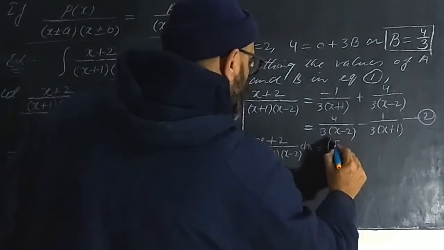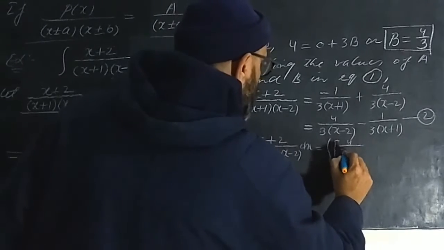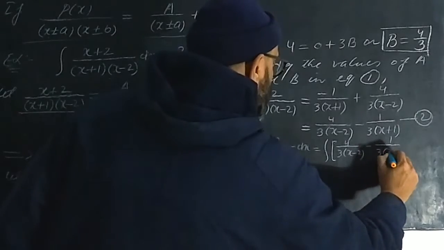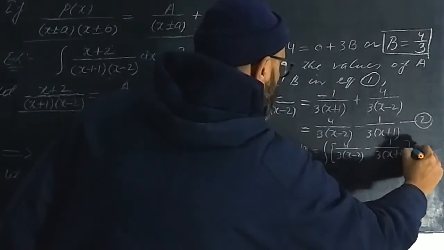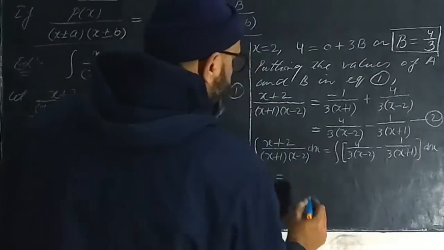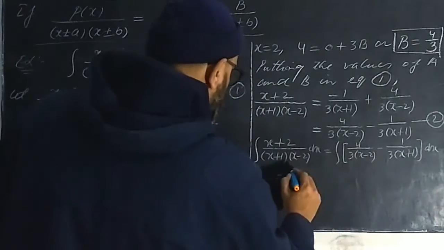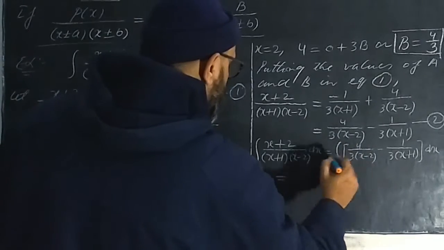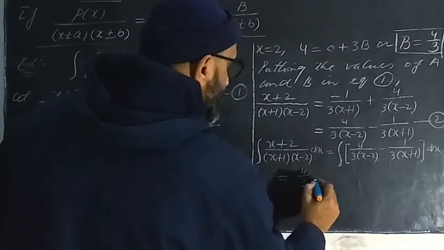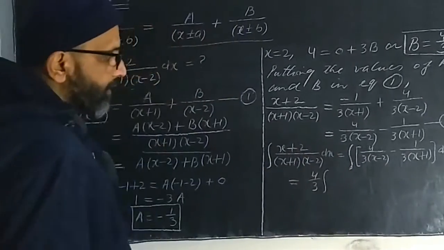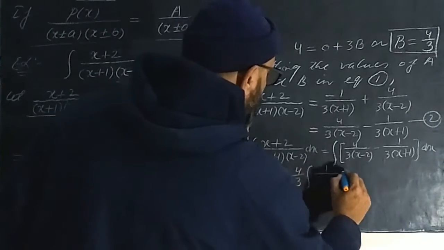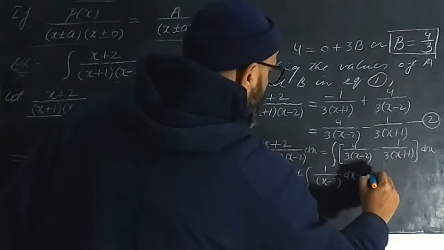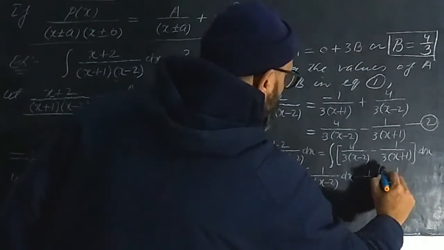So we get the integral of [4/(3(x - 2)) - 1/(3(x + 1))] dx. Now we open up the bracket, since the sign of integration is distributive. So we get 4/3, because this is a constant and should be taken out of the integral sign, and inside we get the integral of 1/(x - 2) dx